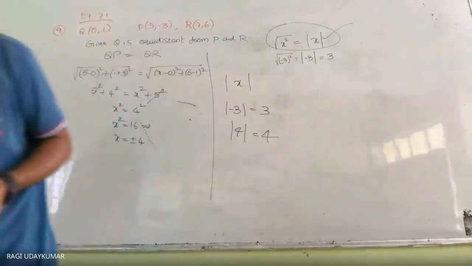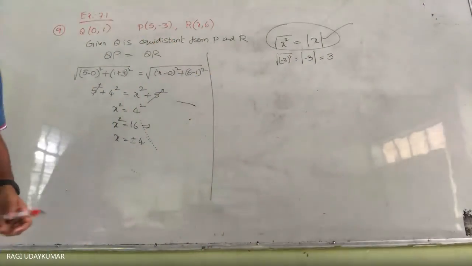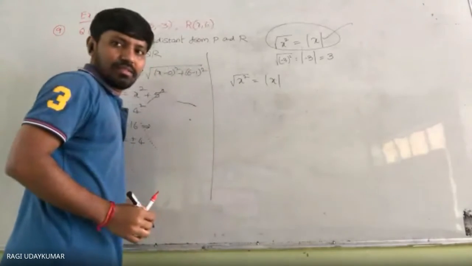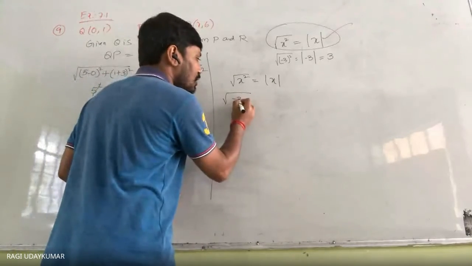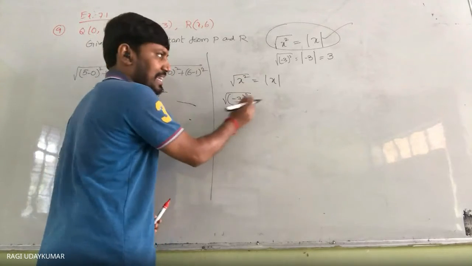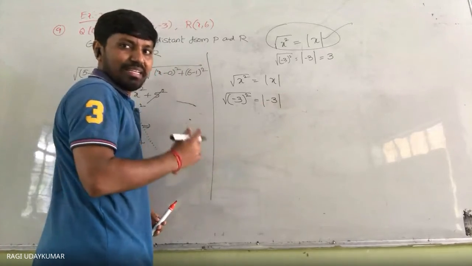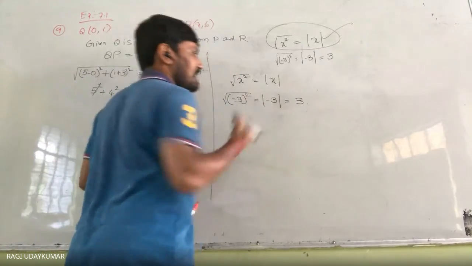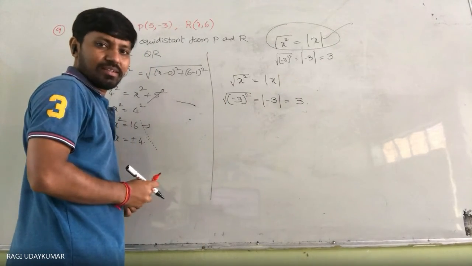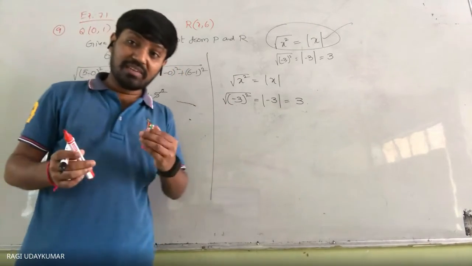So now actually square root of x square, I am saying to you, is modulus of x. So now here according to this, square root of -3 square means x का place में -3 है. So in the modulus -3 you have to write, which is equal to 3. Did you understand? So that means here two types of explanation I am giving to you. I am giving the proof of two types.